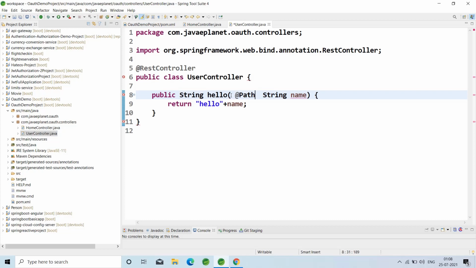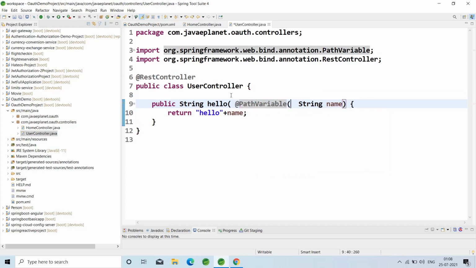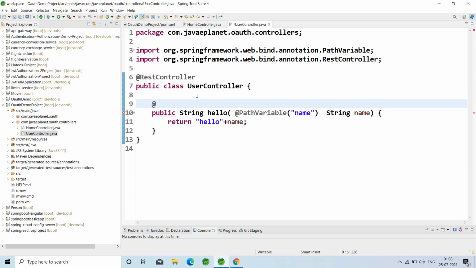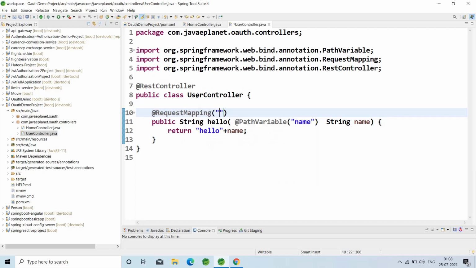Map the parameter with @PathVariable, and pass the name. Add @RequestMapping with slash hello slash name. Control shift F to format and control S to save.